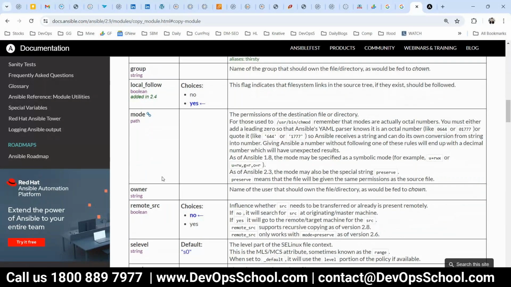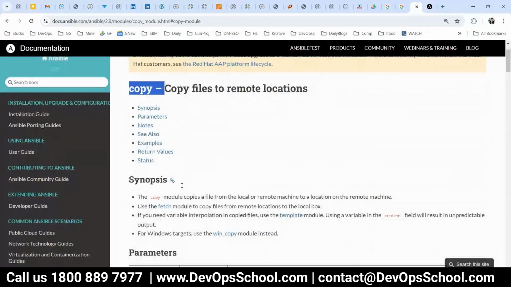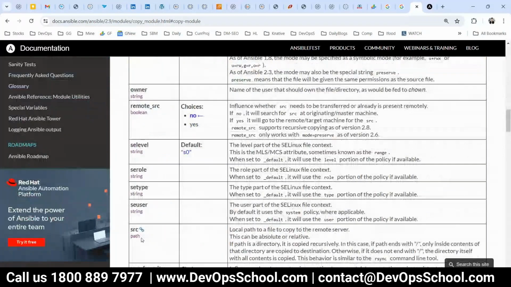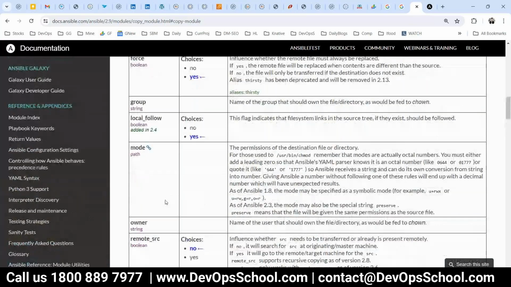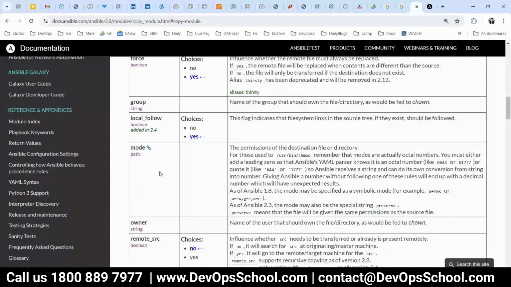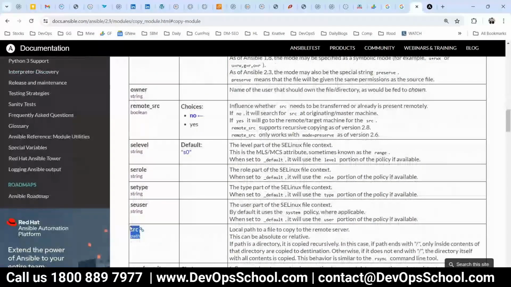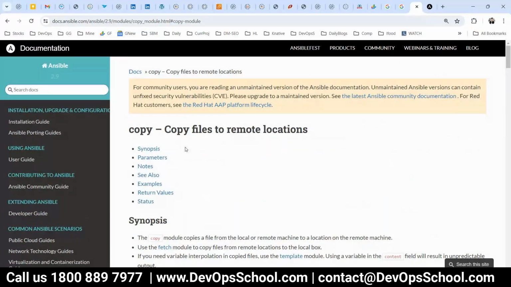Let's say I'm talking about the copy module, right? In the copy module, you have source, which file to copy, from where and to where. So if you see destination, here it is. Let's say it is not required, so it will copy every file from the current location and put it in a destination. So that is how it is. This is one of the modules out of thousands of modules. Okay, are you feeling a little comfortable now?